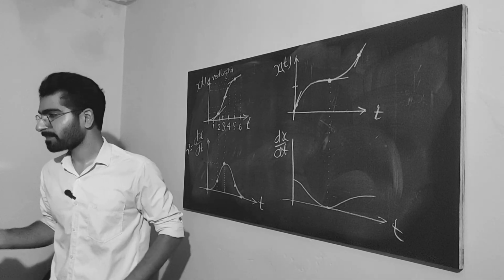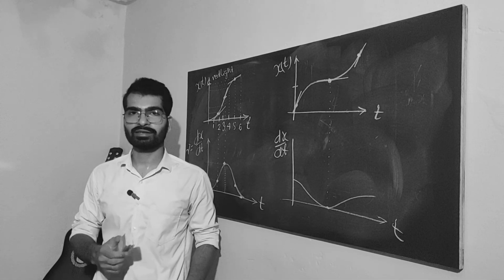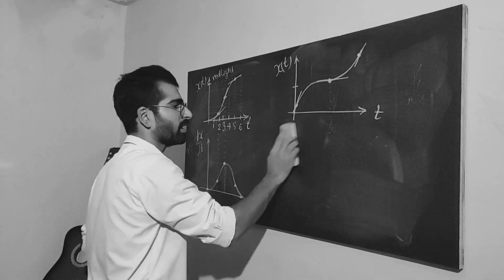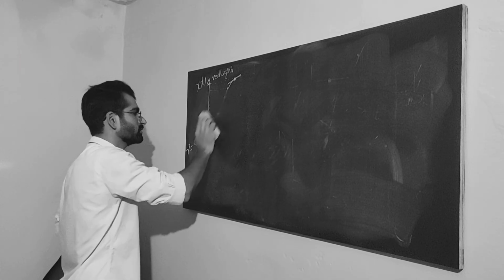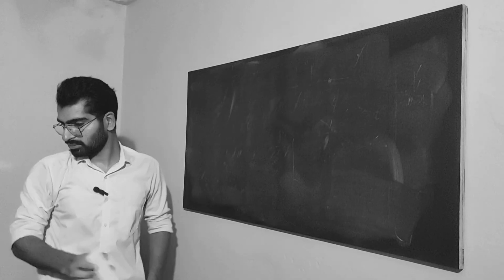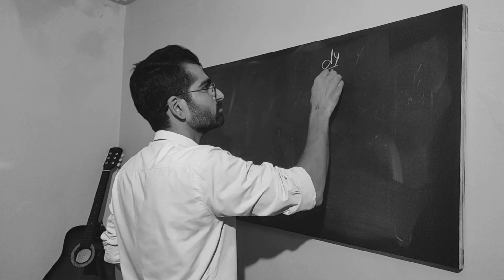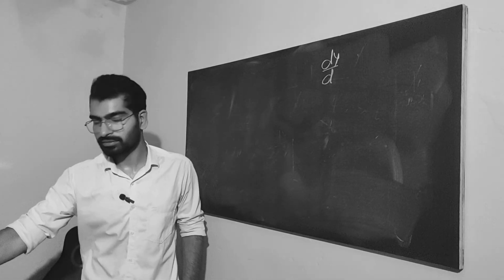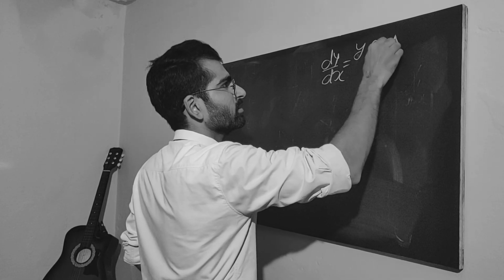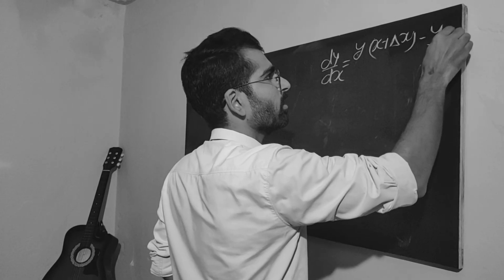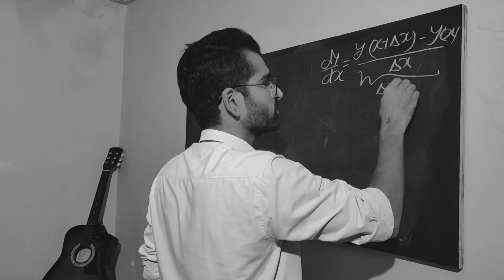You do that. And now I'm going to move to mathematics, a little bit of that actually. So we had the equation, the average slope, and then we approached delta x to 0, and then we got, let me rewrite it here, dy/dx, it was, let me just write it, y at x plus delta x minus y at x divided by delta x, and then we did delta x approaches 0.